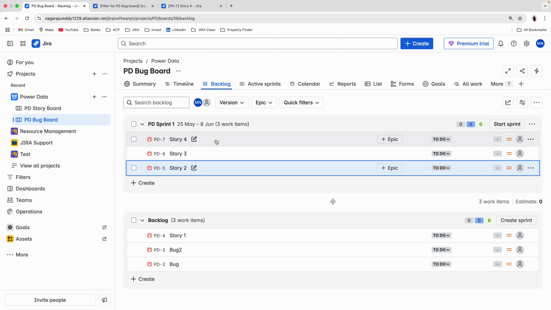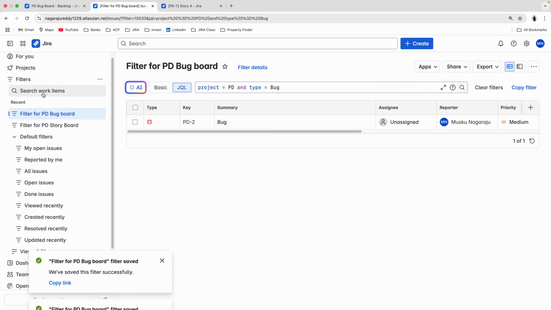So it will not edit, meaning it will not update the sprint name. The sprint field it will not set. Then it will come back to backlog only. So the first step we need to verify is edit permissions. The second option, if you go to the project,